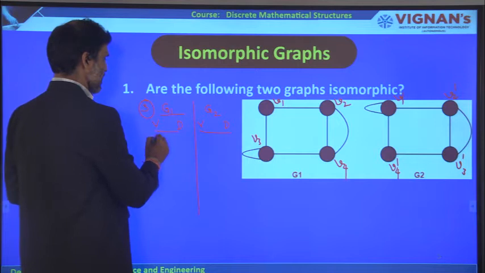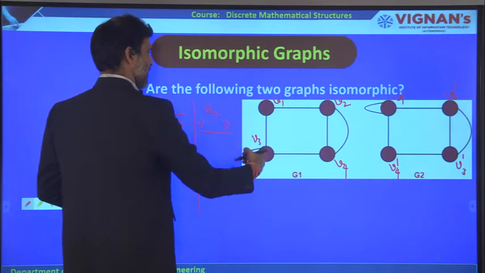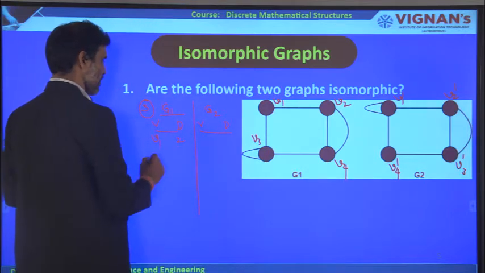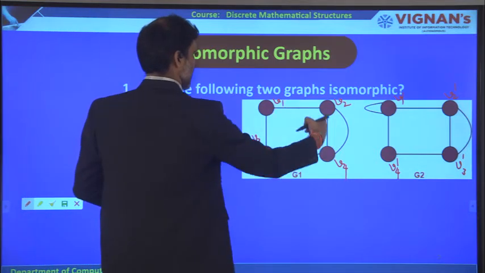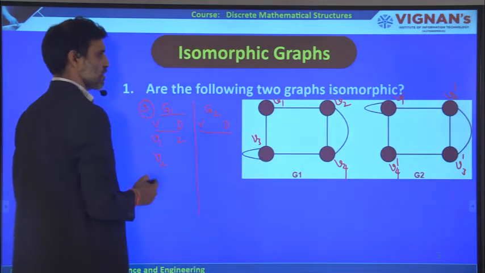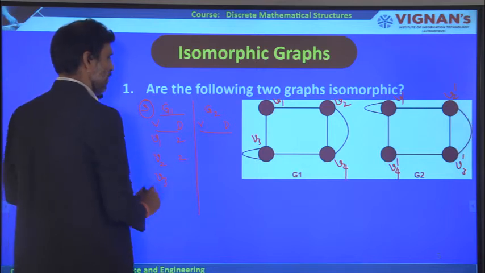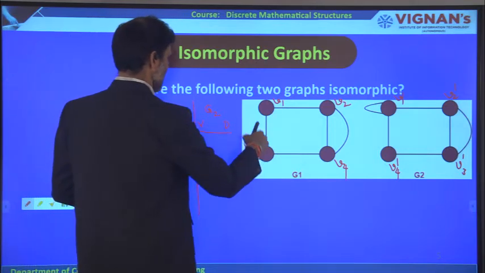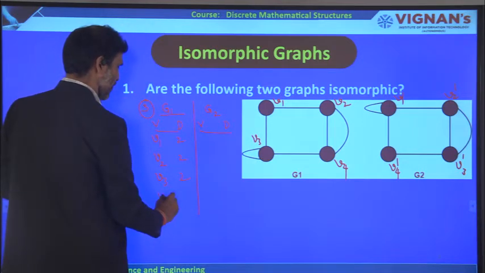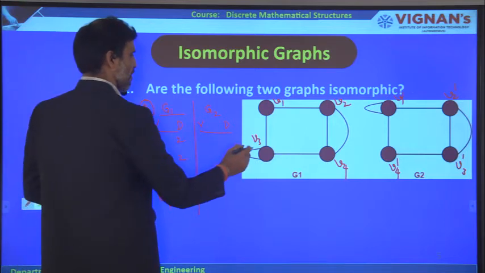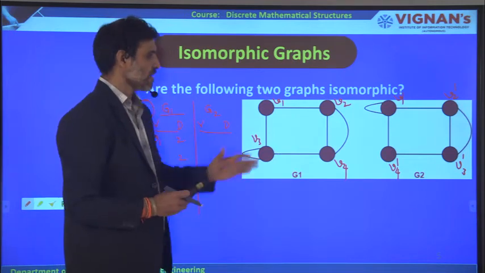So degree sequence means what here? Suppose what is the first vertex here? V1. What is the degree of the first vertex? It has two adjacent vertices, so V1 equals 2. Similarly V2 is equal to what? It is connected with V1 and also V3, so two adjacent vertices are there, so it is also equal to 2. Similarly V3 equals 2. Similarly V4, how many edges are there? For V4 it is also connected with 2. So like this we are going to take the edges.